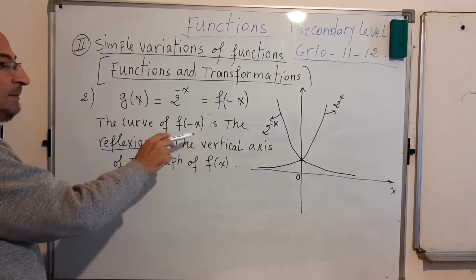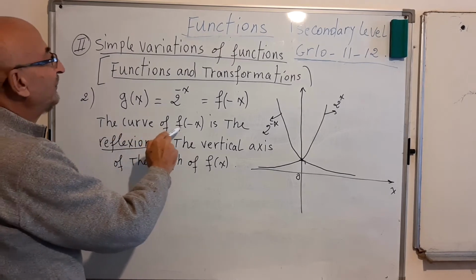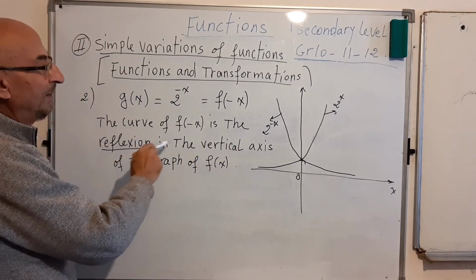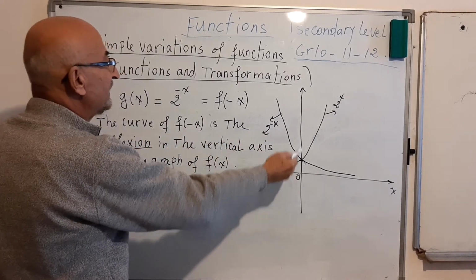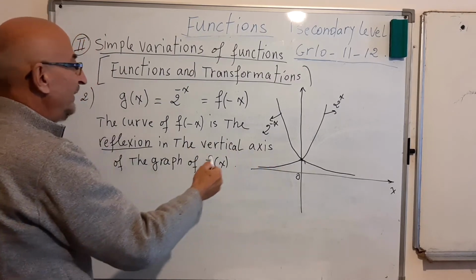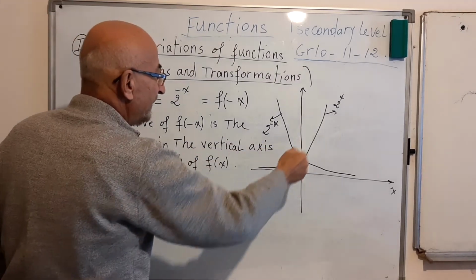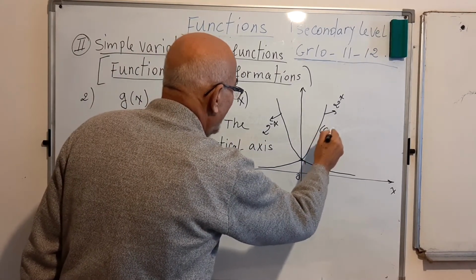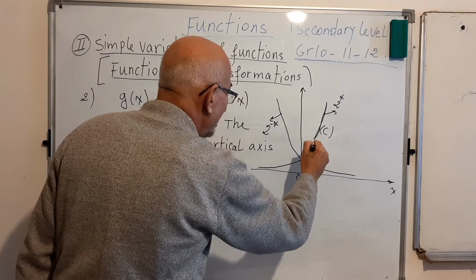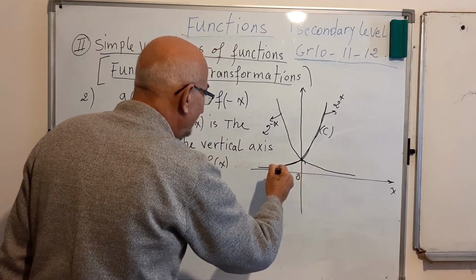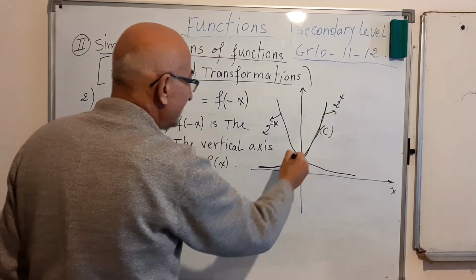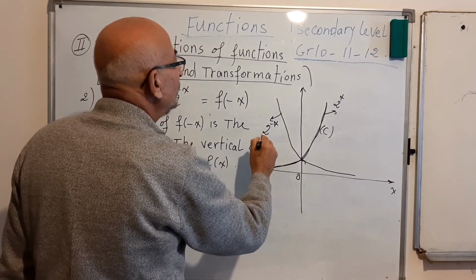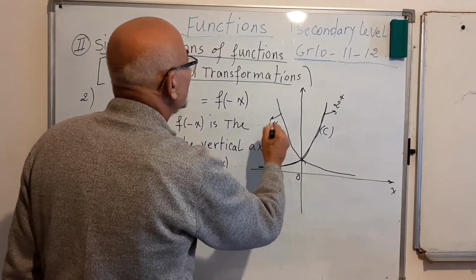In general, the curve of f of minus x is the reflection in the vertical axis of the graph of f of x. If C is the graph of f of x equals 2 power x, then the graph C prime of 2 power minus x